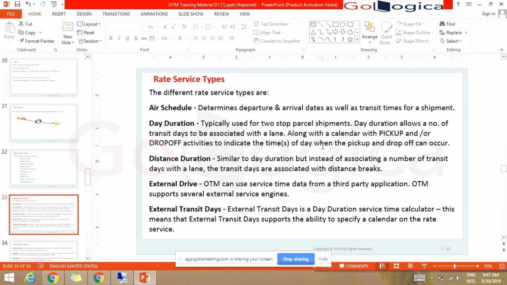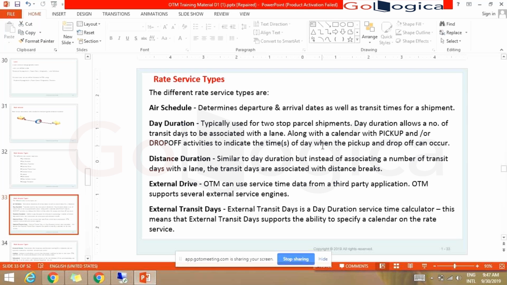I'm just showing one scenario for direct shipments. We'll use a calendar in the next scenarios, like multi-stop or multi-leg, where you'll see the calendar configured. So with day duration, you define the transit days in the transit service.